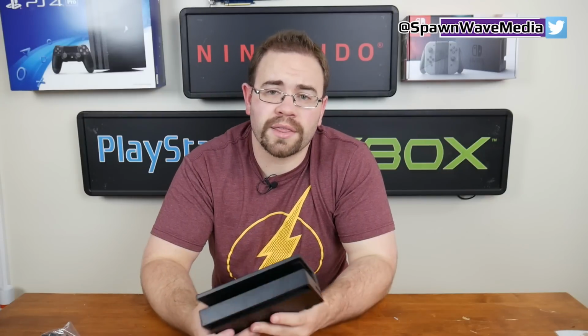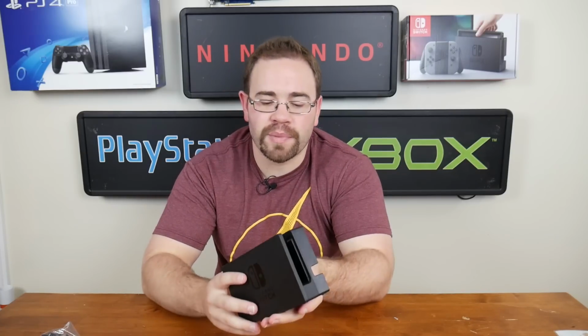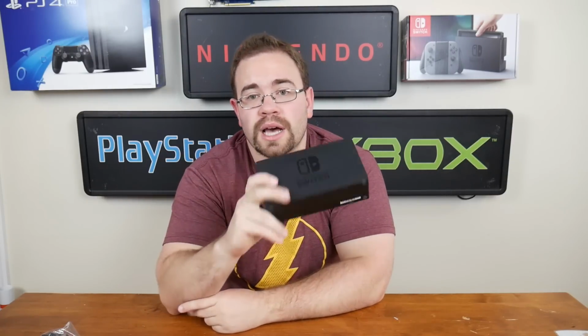There's been a lot of talk about how the Nintendo Switch dock is too big, and to an extent, I can understand if you're traveling a lot, this could be kind of cumbersome to take with you. However, if you're around the house and you don't travel much with your dock, I could see how that isn't a good argument. Also, to an extent, some people do not like the size of this dock,